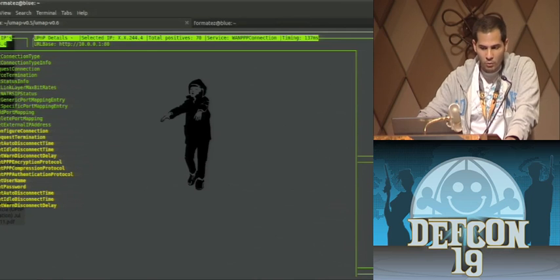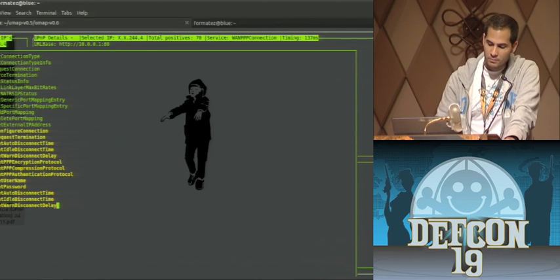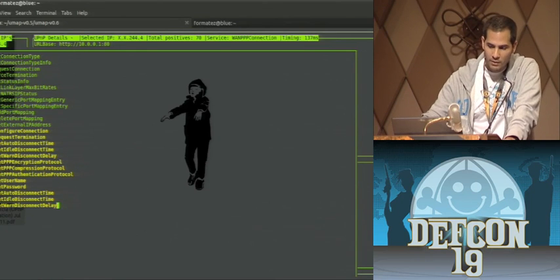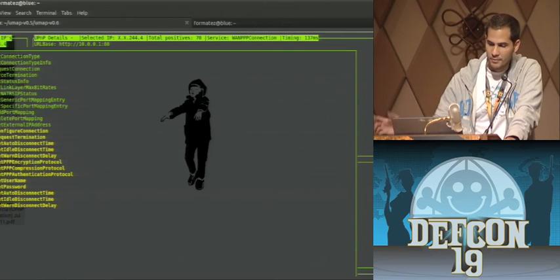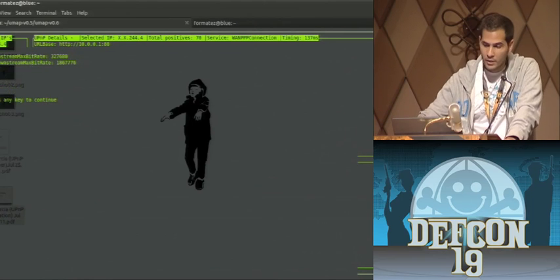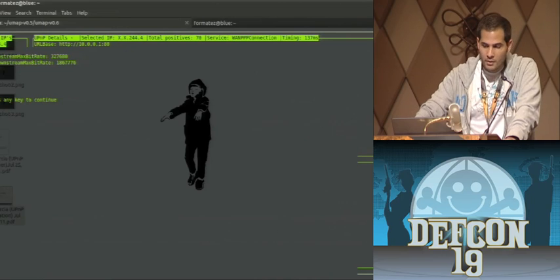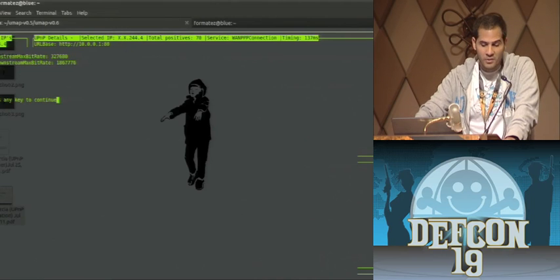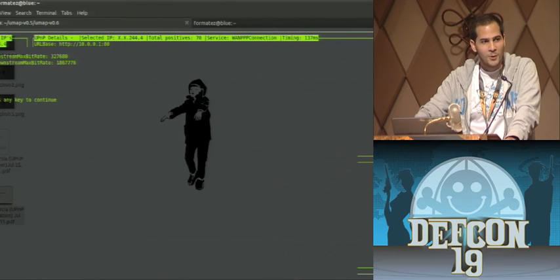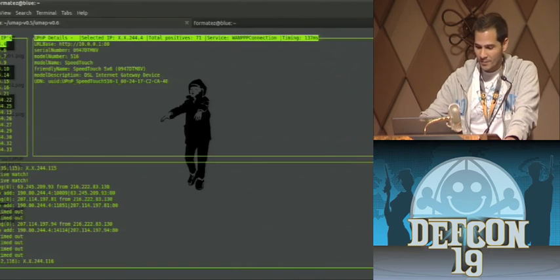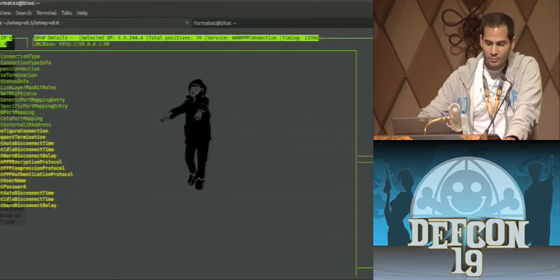So, for example, if I want to check out what's the upload and download bandwidth for this device, I could just execute, and here we go. We get that this device is running an upstream of 350 something and a downstream of 2 megs, which is pretty convenient if you want to use it for a SOCKS proxy and you want to know what kind of bandwidth or latency you're using. And we also have other commands